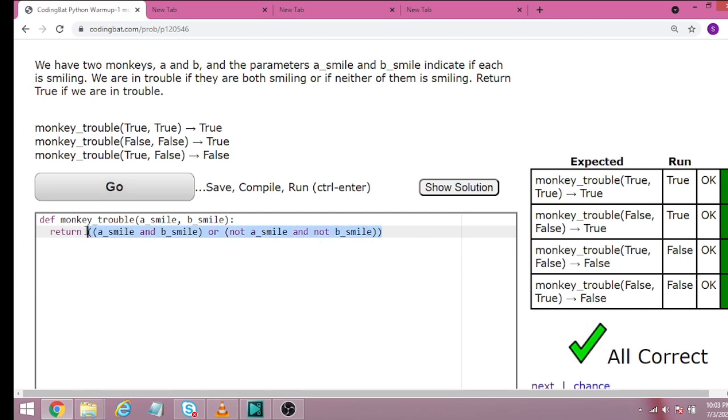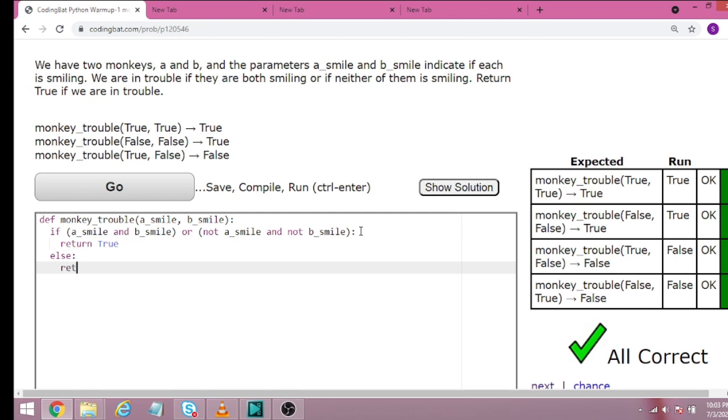The same logic we can apply in a slightly different way. We will use an if statement. If a_smile and b_smile, or not a_smile and not b_smile, I will put parentheses here and here also, then return True, else return False.